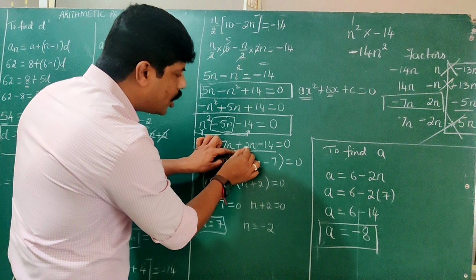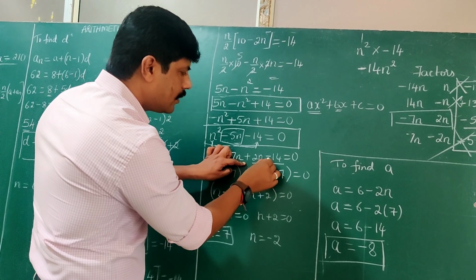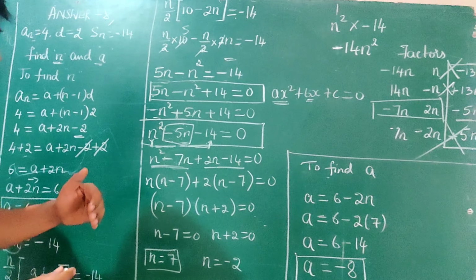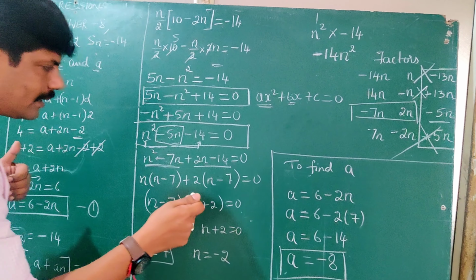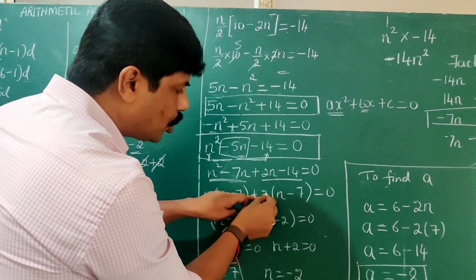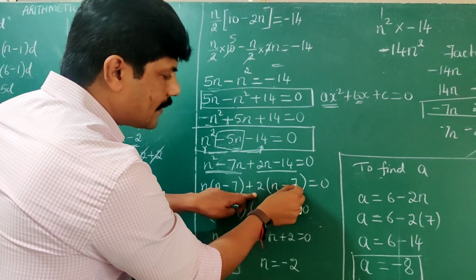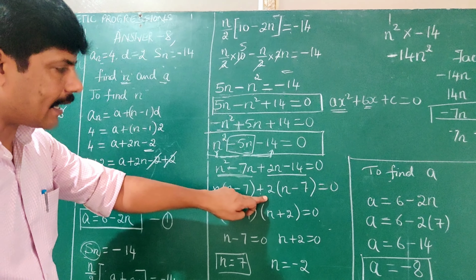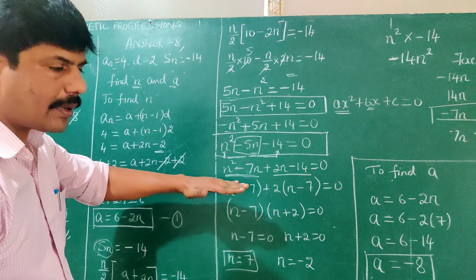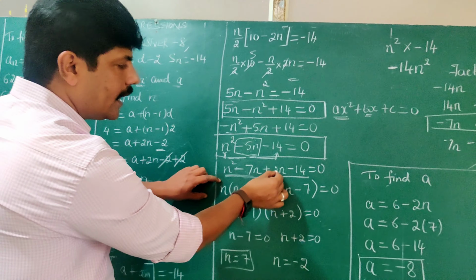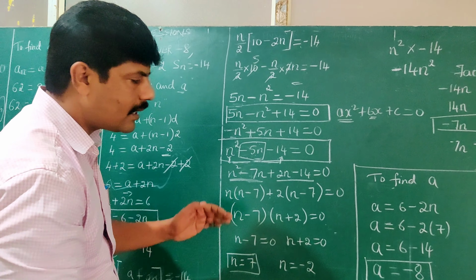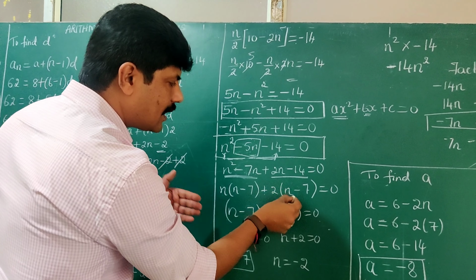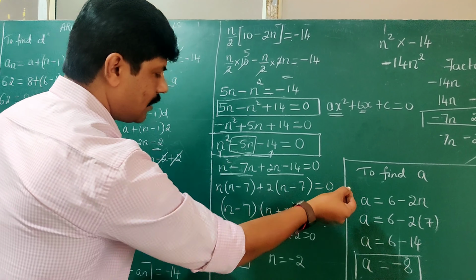Now we have made 2n minus 14 as the other group. Here 2 and 14 are there, where we can remove 2 as a factor. As you can see here, after removing 2, n into 2 is 2n, and 2 sevens are 14. Therefore, we have removed 2 as a common factor, equals to 0. Understand properly. Here n is a common factor which is removed. Here in 2 and 14, 2 is the common factor. So 2 we have removed. After removing 2, what is remaining? N minus 7 equals 0.